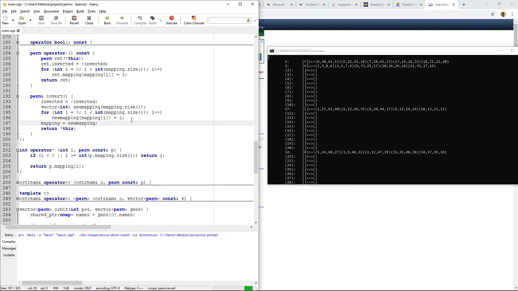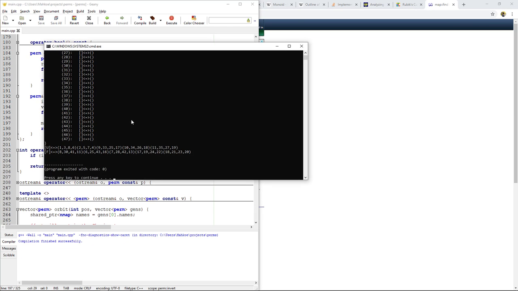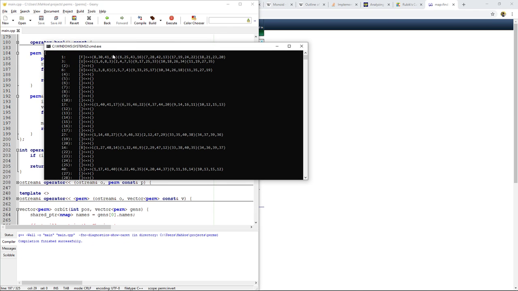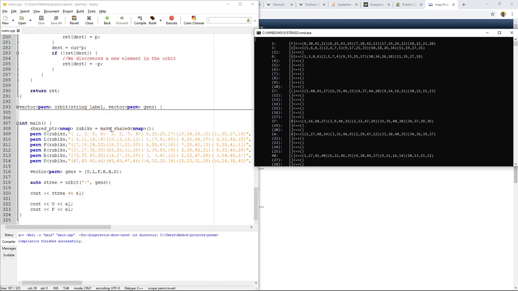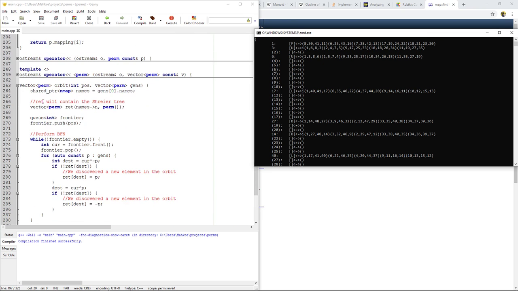Okay, this is good enough for now. Great. So to get from 3 to 1, we do U inverse. To get from 6 to 1, we do U. To get from 17 to 1, we do L inverse. And you know what I should do is in the pretty printer, right here,